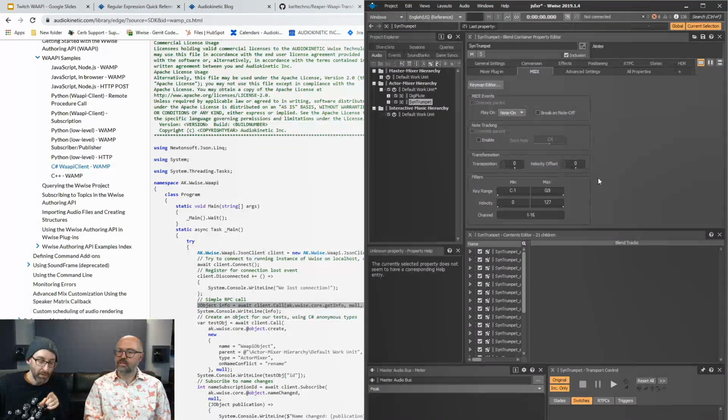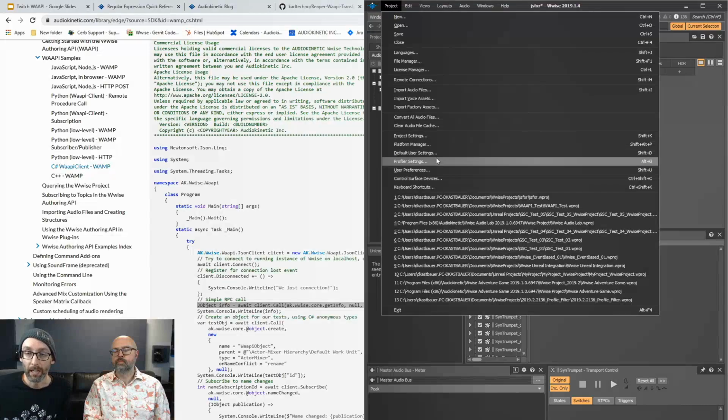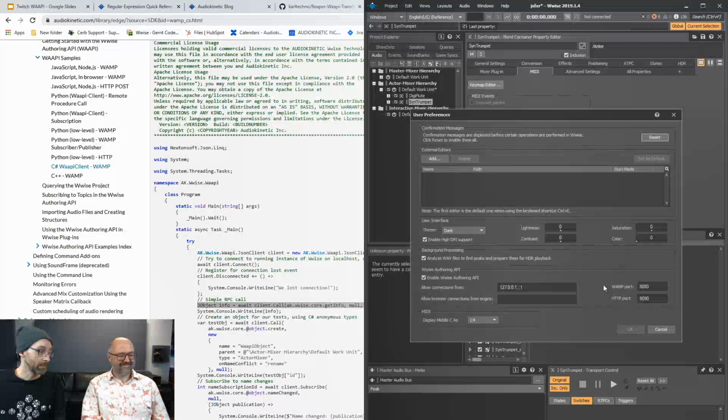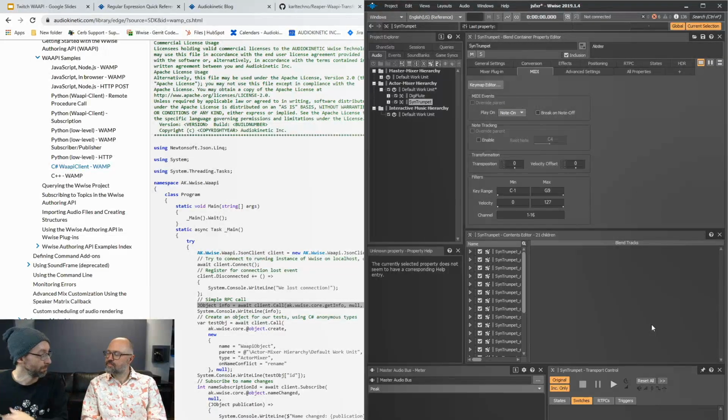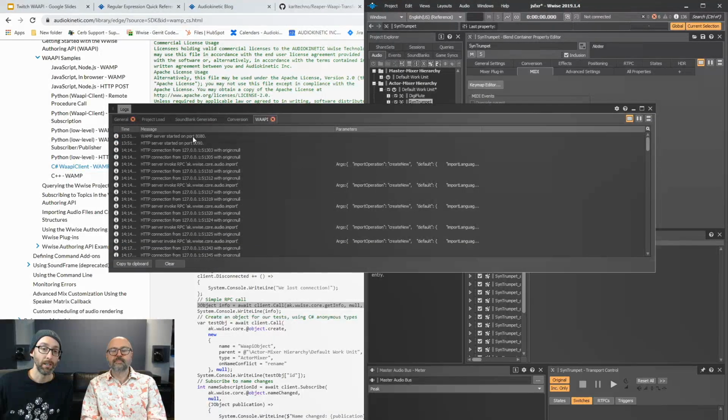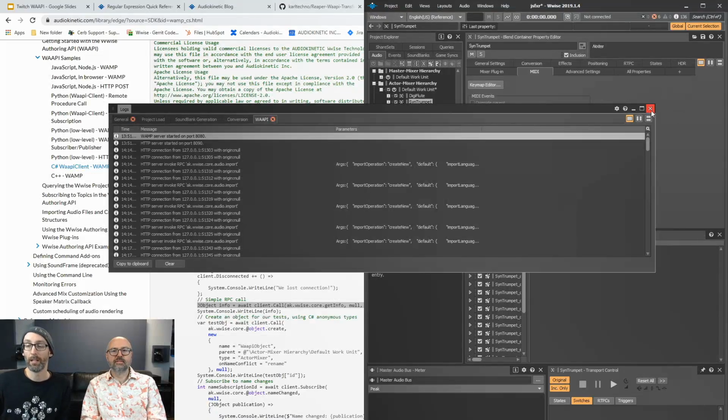I would say be careful if you have multiple instances of Wwise running at the same time. You can only talk to one instance. Actually, it's not entirely true. When Wwise starts, it starts the WAAPI server ready to be used, and it uses a port. You can start multiple instances of Wwise on different ports, but by default they're all on the same port, so only the first one will be working. Be careful with that, but you can debug this using the log and make sure your server is started. Excellent. That will help.